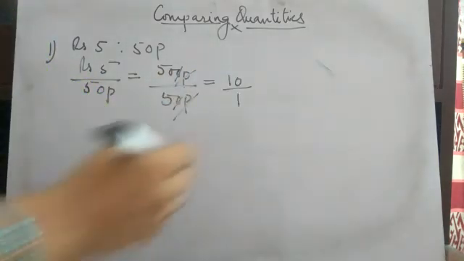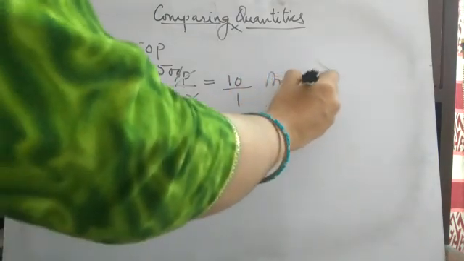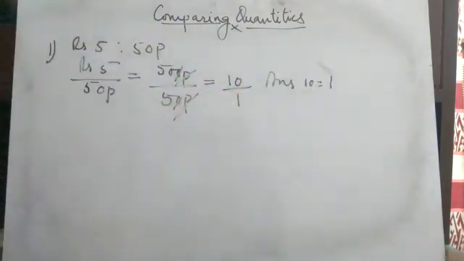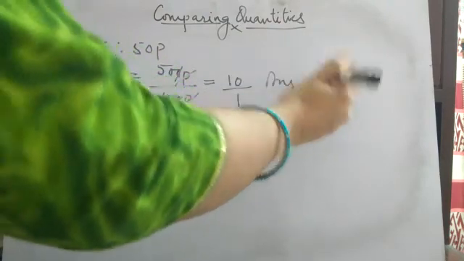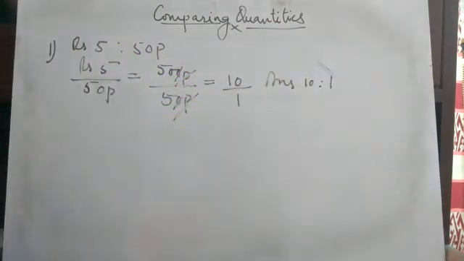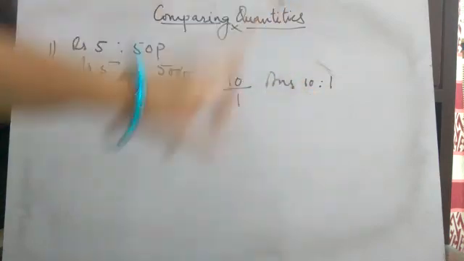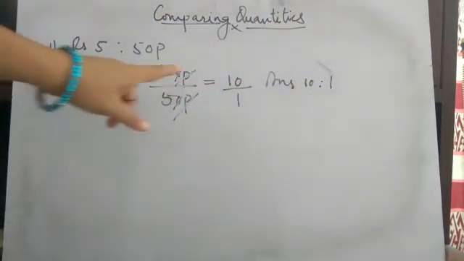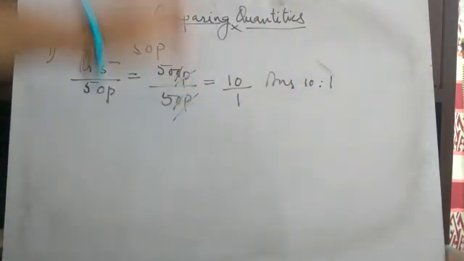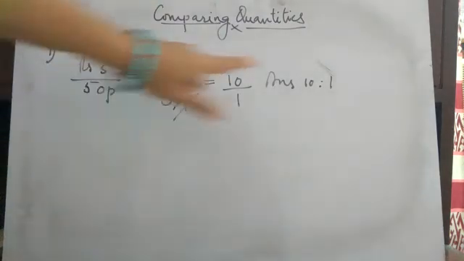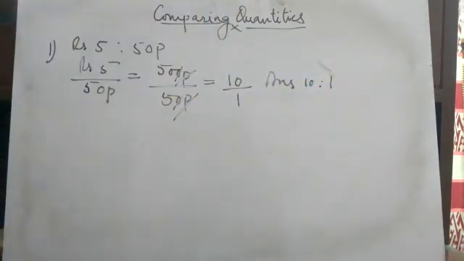I told you the final answer will be written as a ratio only. So that is 10 is to 1. Write it properly. 10:1 is the answer, right? So ratio can be found out of two similar quantities, and another thing, ratio will never carry any unit, because when you find out the ratio, the unit will be cancelled out if they are similar. So the ratio won't carry any unit. If the ratio is carrying any unit, you will straight away say that it is wrong.